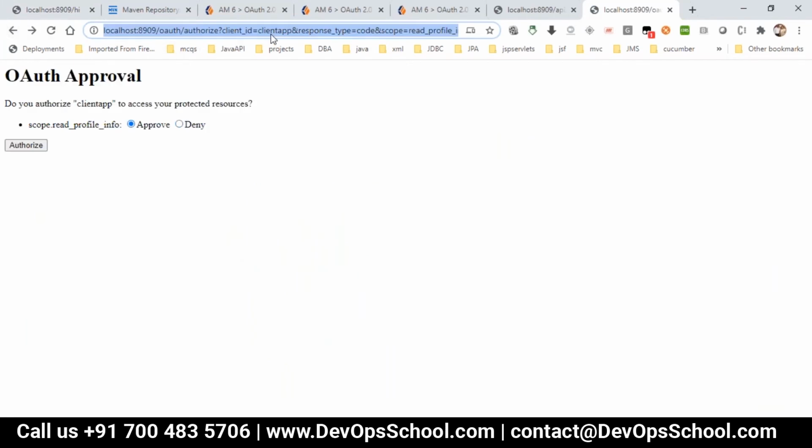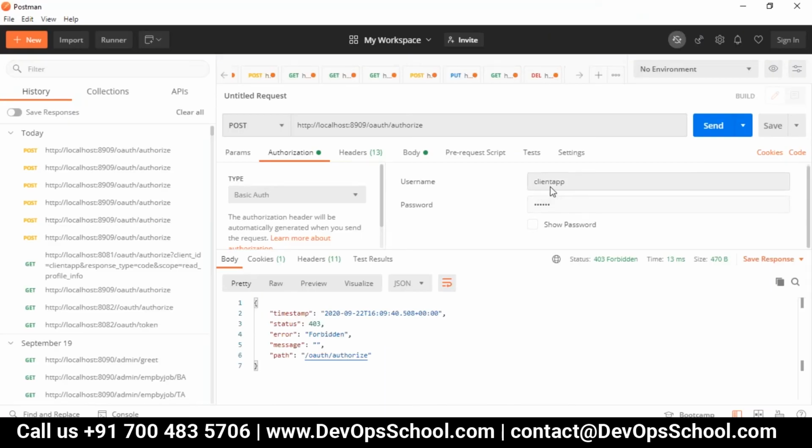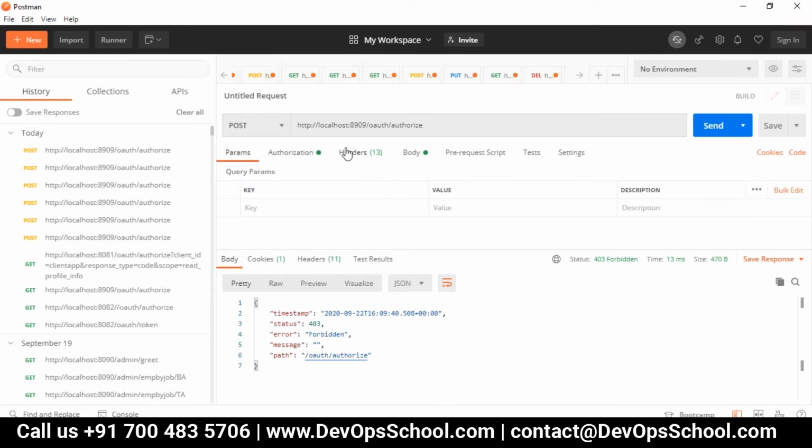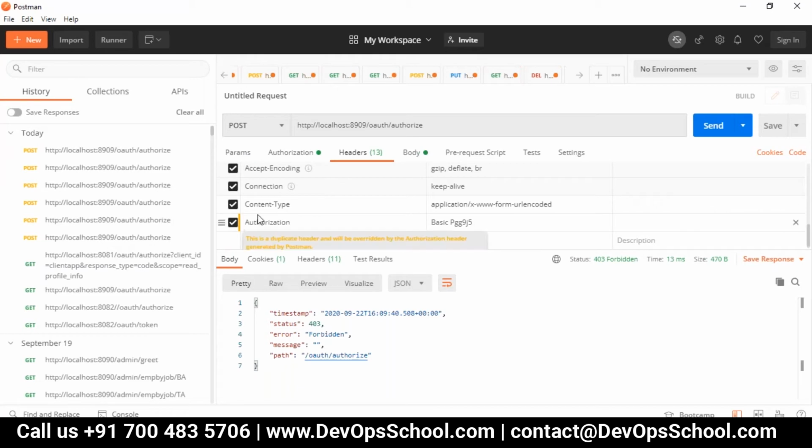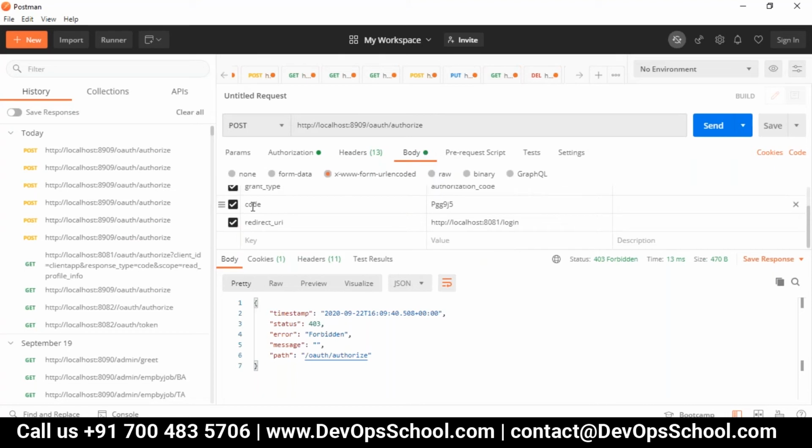Yeah, client app, code and read profile info. Everything is correct. Client app and the password. Basic authentication. We don't have any parameters. Then in the header, we have the content type, and then authorization. And then in the body, we have code. Okay, grant type is authorization code, spelling correct? Yeah, authorization code and whatever code we got under redirect URL. Yeah, everything is correct. Grant type and redirect URL.